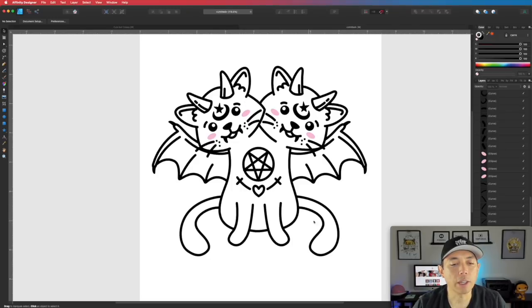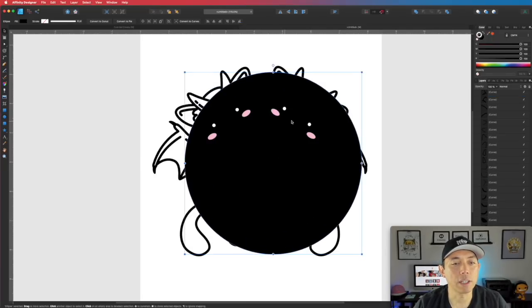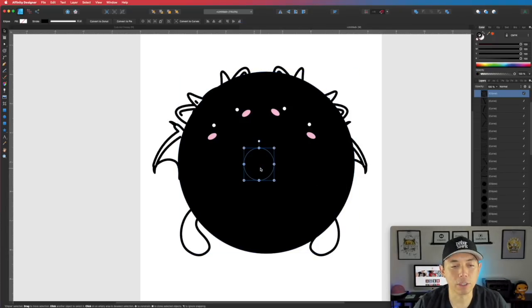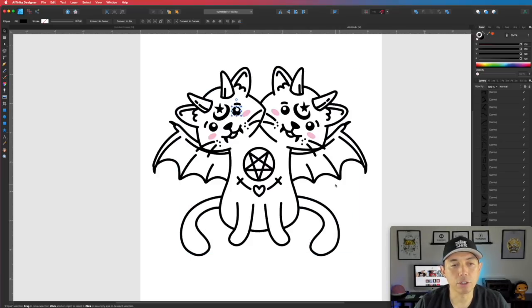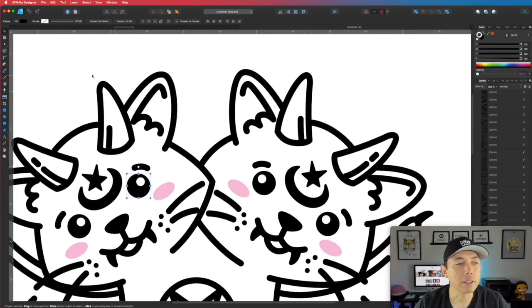And then I wanna outline this so that I can put a stroke around it and maybe a background. So if I put a background around it right now, you can see if I put like a circle behind it, you won't see anything because there's not a white fill on all of these. So what I have to do is trace around here, and this may take a little while, so I'm not gonna show you on here, but I'm gonna zoom in, and this is what I'm gonna do. I'm gonna start clicking on here, and then just draw a shape that's around the whole thing, right? Like this,